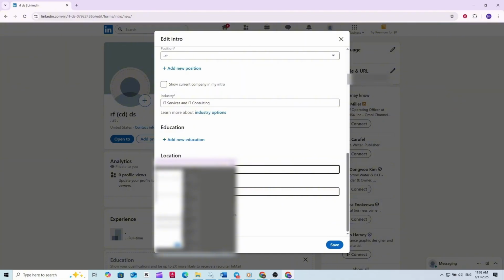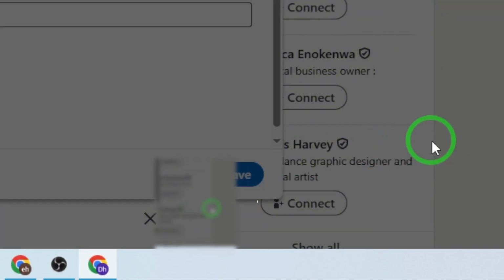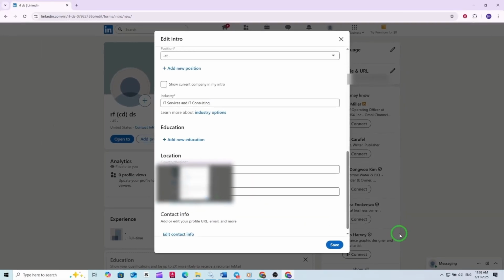Your LinkedIn profile will now reflect your updated location, making it easier for recruiters and connections to find you based on your current city. And that's it. Changing your LinkedIn city on PC with the new update is straightforward and only takes a few moments. Keeping your profile information accurate is key to making the most of your LinkedIn experience, so be sure to update